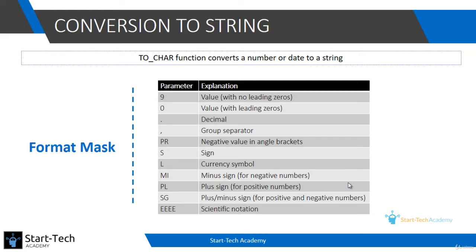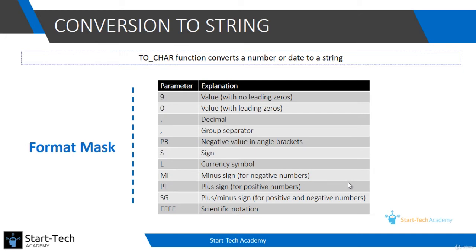These are the parameter values that you will need to specify when you are converting a number to string. So suppose you have a number, say 74.5. That number has two digits before the decimal point, then there is a decimal point, and there is one digit after the decimal point. When you are converting this to a string, you will mention it in the same way. You will say it has two digits which will have 9 and 9. Then you will mention the decimal point which is a dot, and then you will again mention a value which is 9.